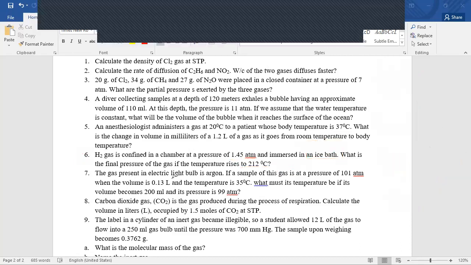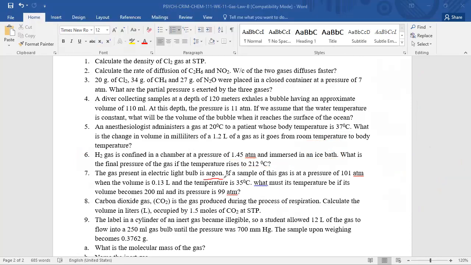The gas present in an electric light bulb is argon. If a sample of this gas is at a pressure of 101 atmosphere, when the volume is 0.13 liters, and the temperature is 35 degrees Celsius, what must be its temperature if its volume becomes 200 ml and its pressure is 99 atmospheric pressure? So, kung titingnan natin yan, okay, kung sanay na kayo sa pagtingin or pag-analyze ng problem,